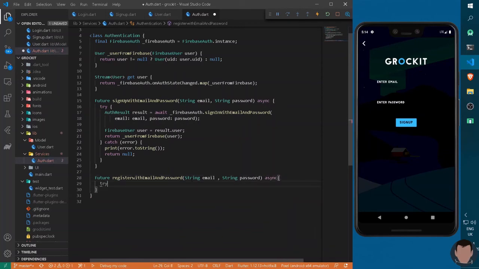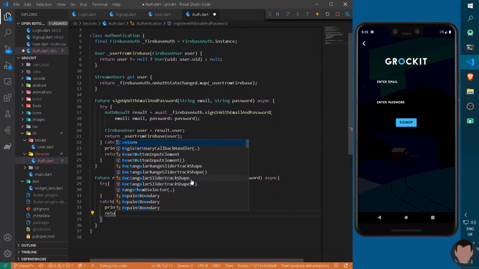And here we are going to implement a try catch block. So I can catch the error and print it in our console. So I can type error.toString() and return null as an output.